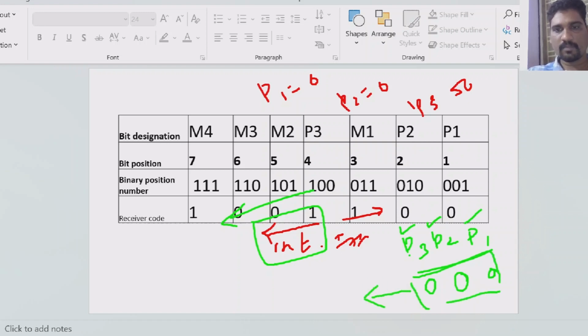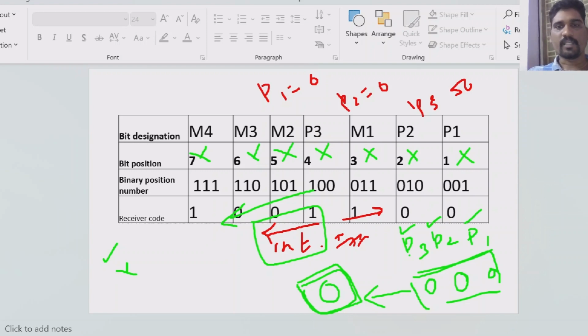You convert this number to a decimal number, so the answer will be 0. In location 0 we have the error, right? So what is the meaning? The received code is either error free or it may be an error code. If the final parity bit value is 0, the error is not in the 7th location, since the decimal number 0 does not match 7. Same for 6, 5, 4, 3, 2, 1, it is not matched. Now where is the error? It means we don't have any error in the receiver code word. What is the meaning of this? The transmitter code word equals the receiver code word, right?